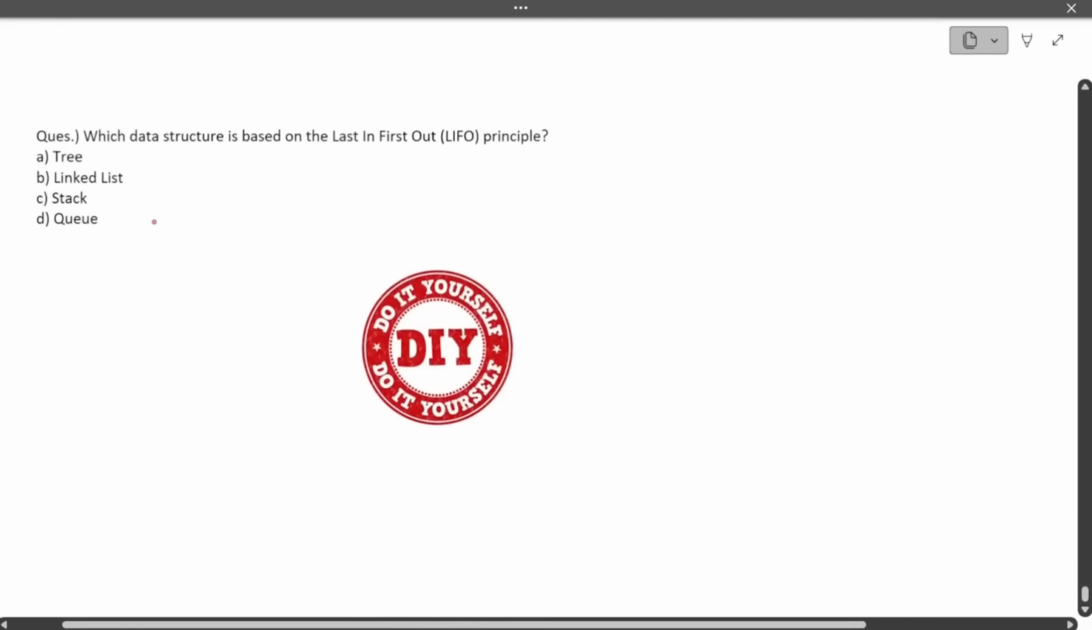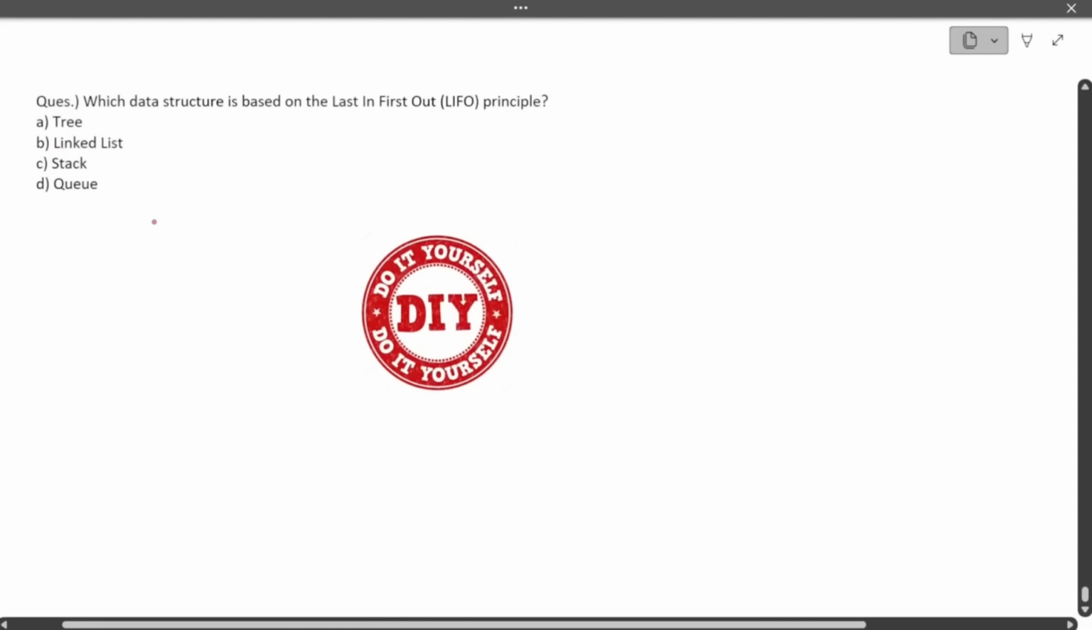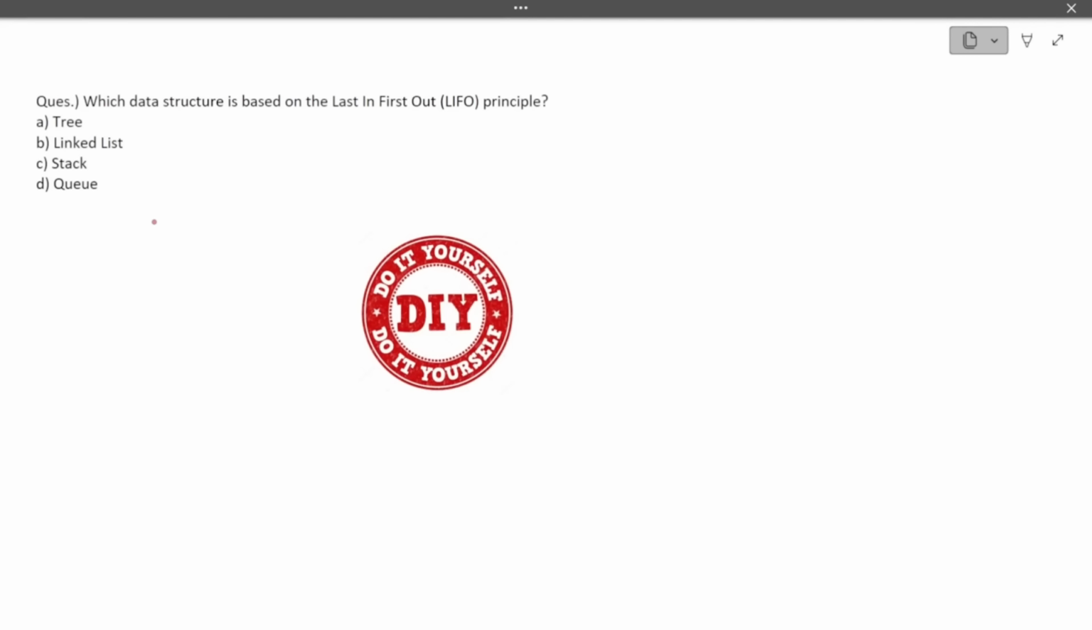Okay, and don't worry if it is wrong. I will correct you if you have written a wrong answer. I will even guide you or give you the explanation of why you have thought about it in the wrong way. Okay, the next second DIY question is, which data structure is based on the LIFO principle, that is last in